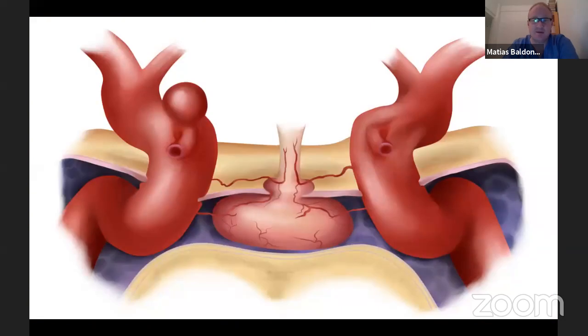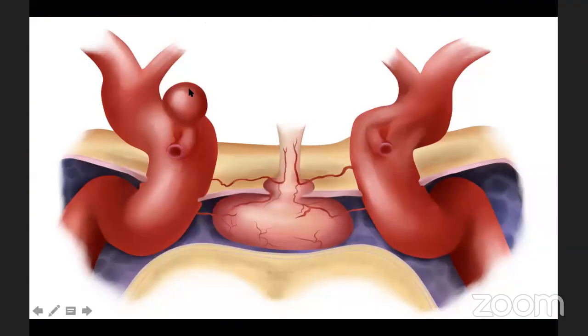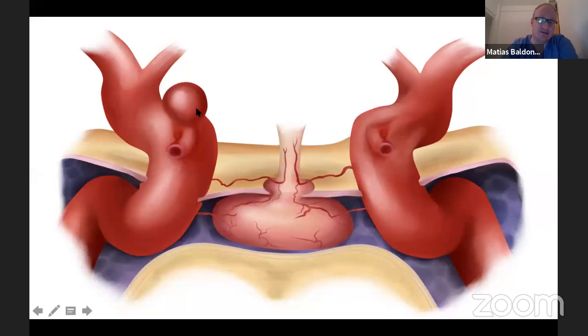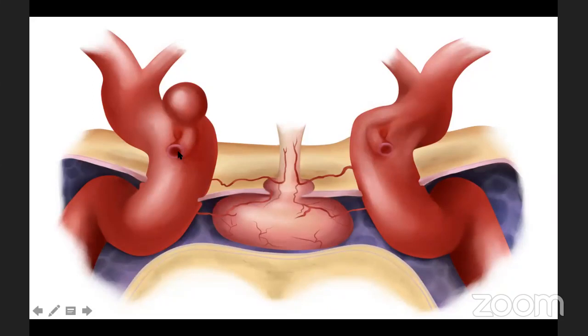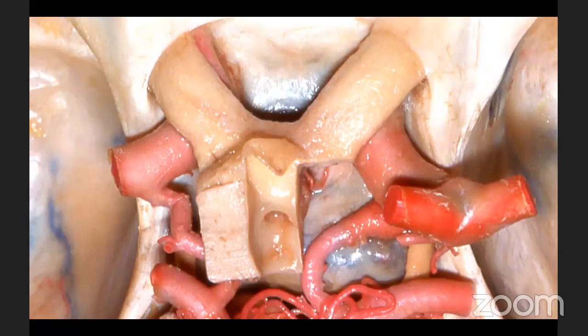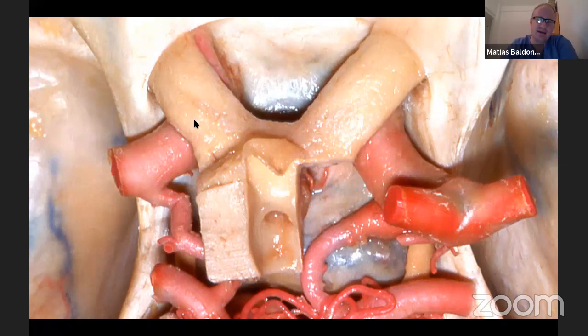These original drawings were made especially to explain this kind of aneurysm and the close relation with the origin of the ophthalmic artery. In the superior view, we can observe the ophthalmic segment of the carotid artery. That is a short segment that starts from the origin of the ophthalmic artery to the origin of the posterior